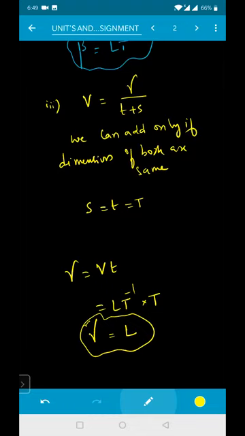If I ask you to make a curry of tomato, I'll never ask you how many tomatoes you used. 1 tomato, 10 tomatoes, that is immaterial for me. But whatever you keep for me, I'll take only that much which is required. That means if you're adding anything to this given physical quantity, the dimension of this S must be equal to your T only. Then only you can add it. Otherwise, it will be dimensionally not correct. Is it clear? I hope you got a rough idea related to that.